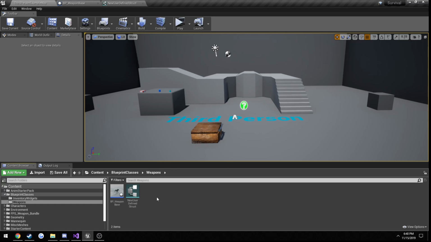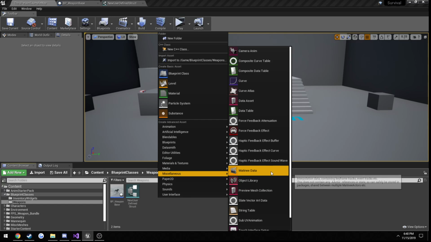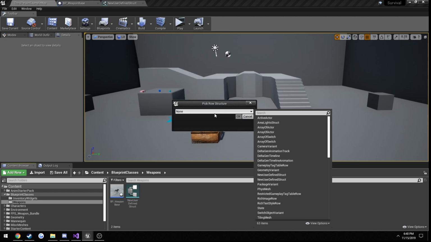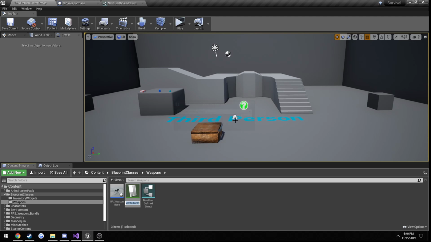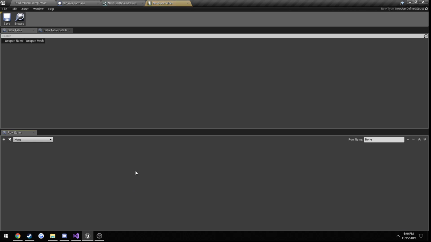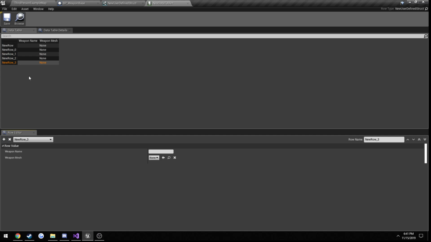Save it. Now I'm going to right click, go to miscellaneous, data table, new user defined struct. So here's our data table, and we open it up. You can see it has weapon name and the weapon mesh, and they're all set differently. We can create several different listings of these that we can grab by the row name, because this row name is essentially like a key. So if we wanted to access, let's say, new row 2, our key would be new row 2. That's what we're going to be making,